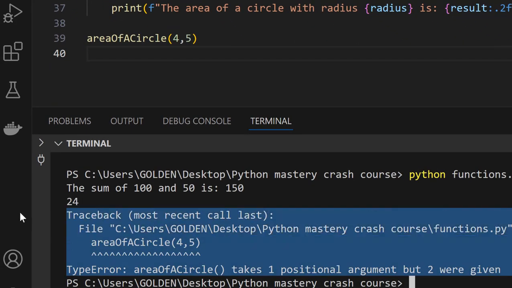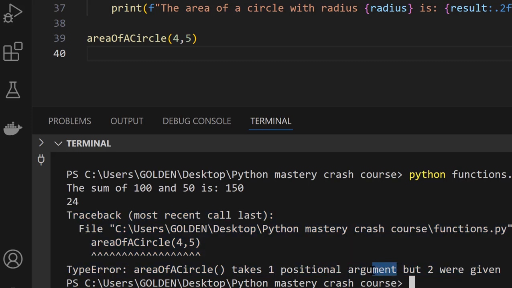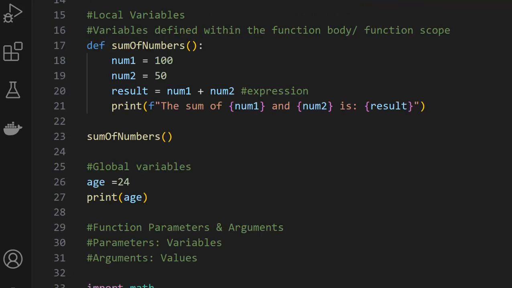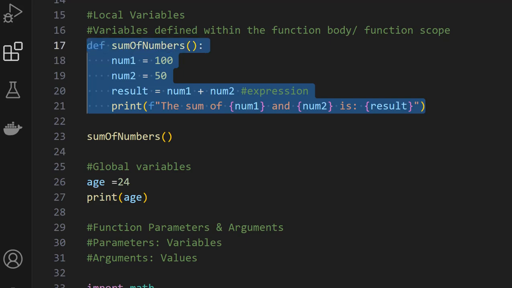So you can see a type error that we are having, that the current function being called only takes in one positional argument, but it was given 2. So this will be updated to this. To summarize this up, we can also work with more than one parameter by making use of our current function,